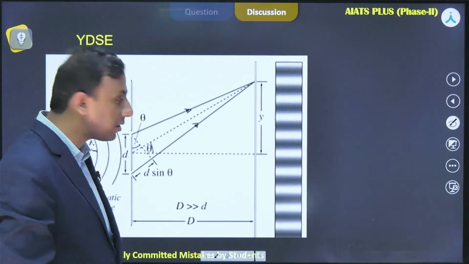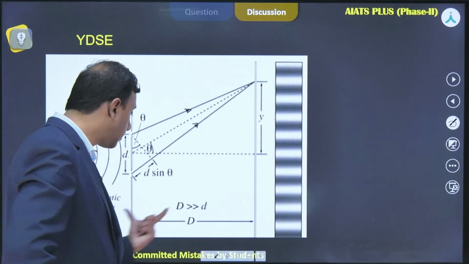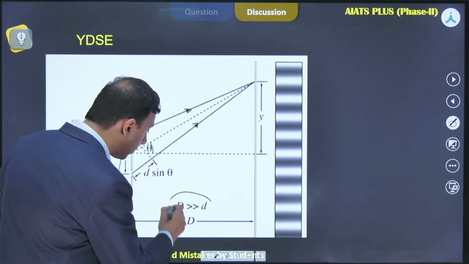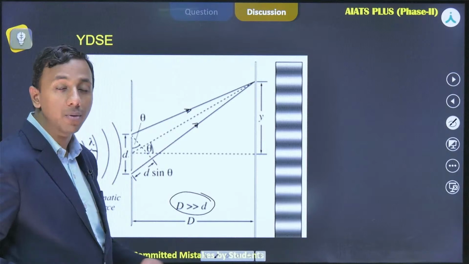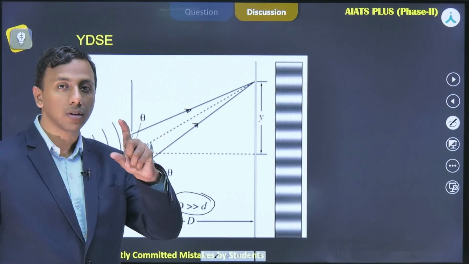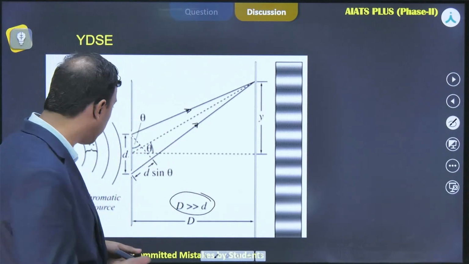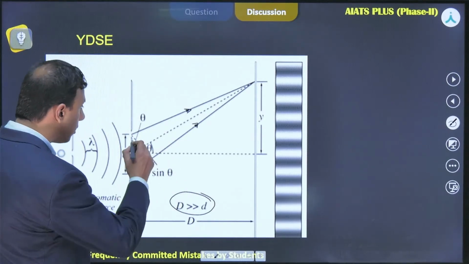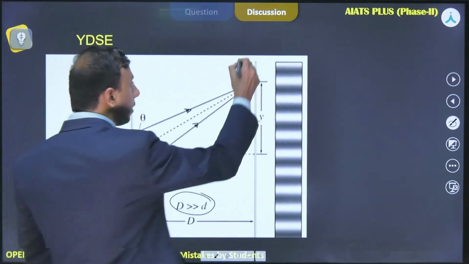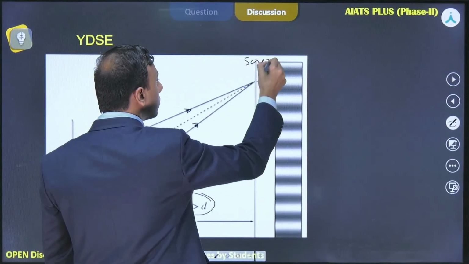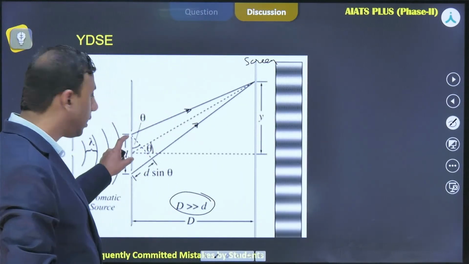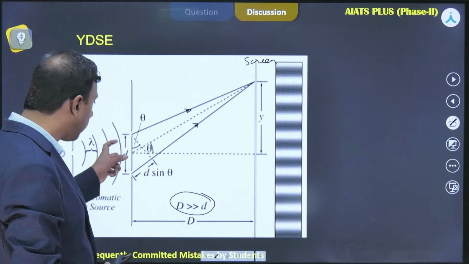And some additional information is also given. See, this distance, capital D, has been given as much greater than small d. What is small d? Small d is the distance between the 2 slits. Now why is that important? If it is much larger, that means this screen, this is our screen, is placed very far away in comparison with small d. So that means